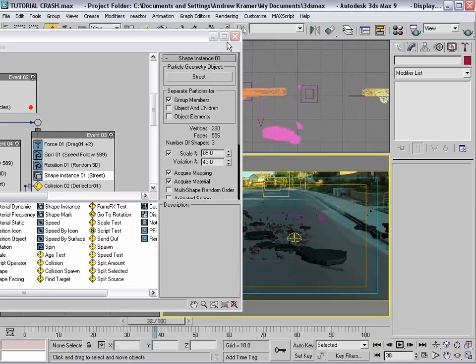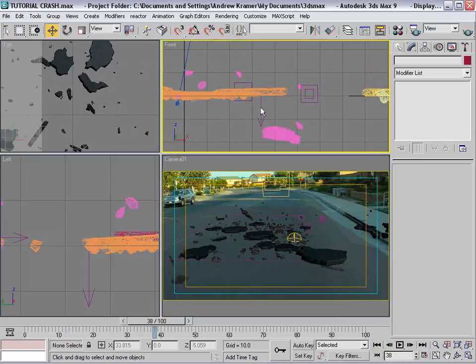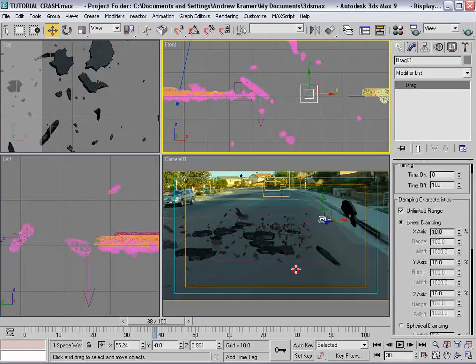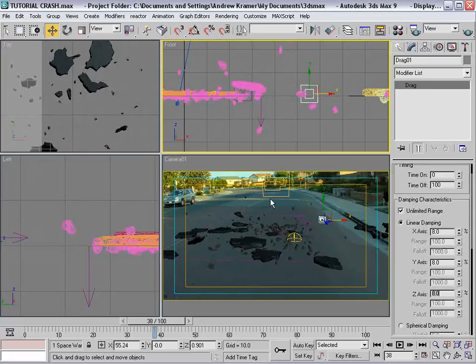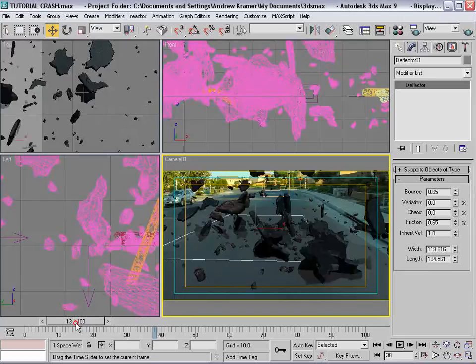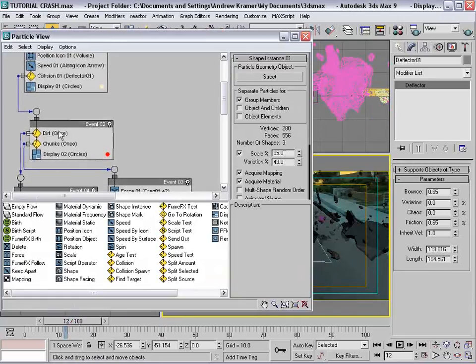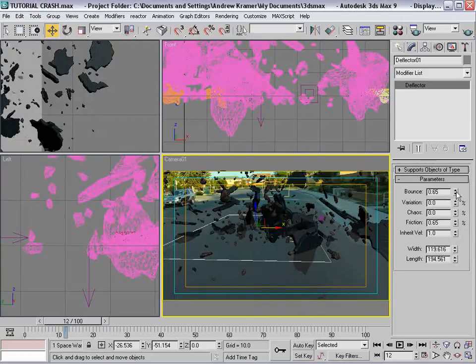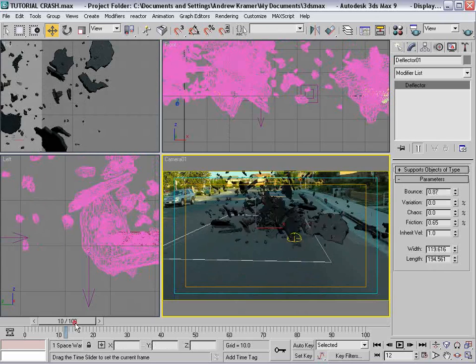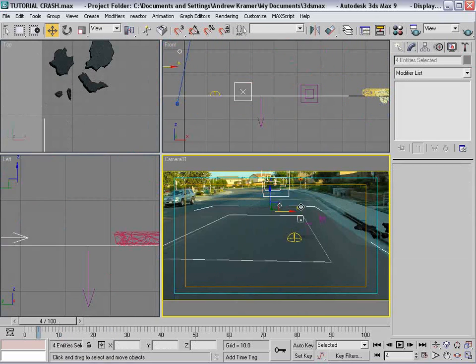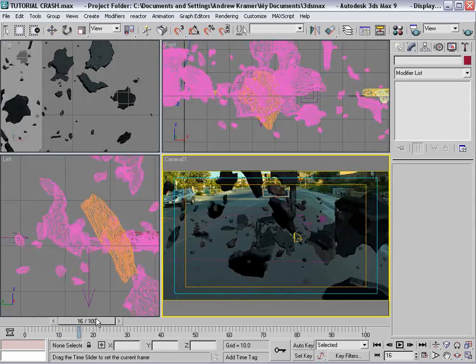Do the pieces look too heavy? Is the animation too fast? You can turn down the gravity. Turn the drag down 8 by 8 by 8. Even turn the friction down on the floor so it looks a little better, and also go into these different events and turn up the inherited speed so they look like they go flying a lot more, and maybe the bounce, so it looks really wild. But that's up to you. I just want to show you the tools, and hopefully you guys can use them to create some very cool